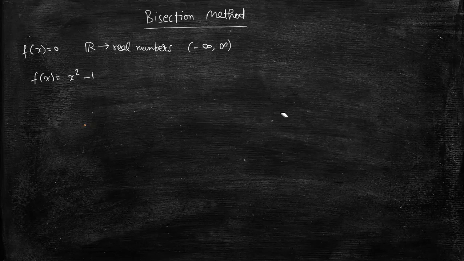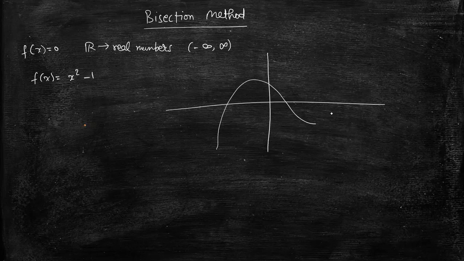Let's say we have this type of example, a cubic equation, and we choose our point B here and point A here. We are always assuming that A is less than B, and f(A) is not equal to 0 and f(B) is not equal to 0. Now we can see that there exist three roots inside the interval A to B, but the bisection method will return only one root. After finding that one root, we have to apply the bisection method with some different interval to find the other roots.